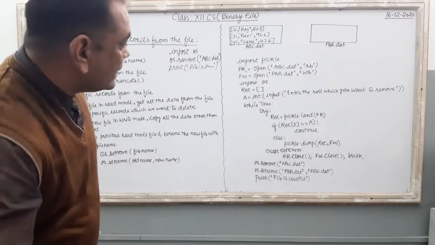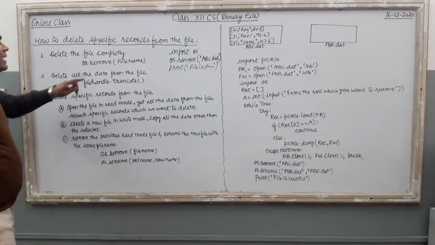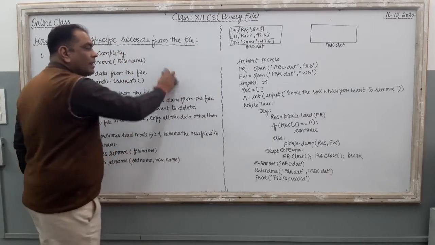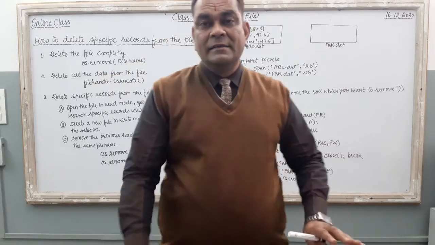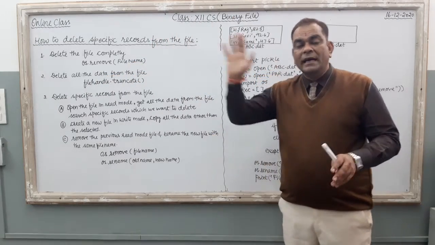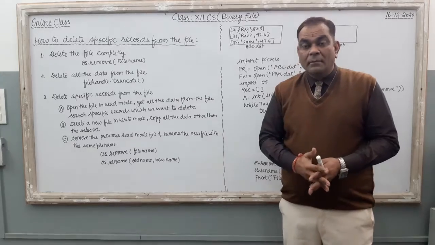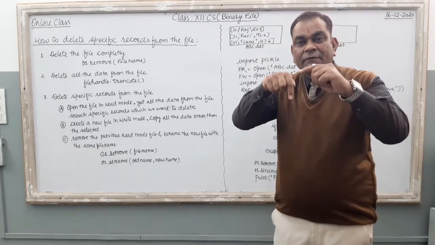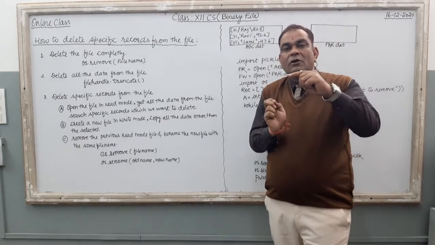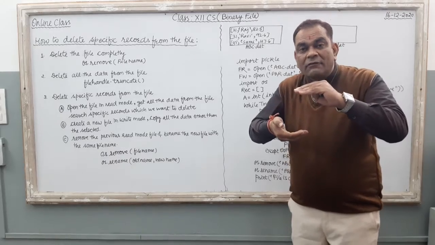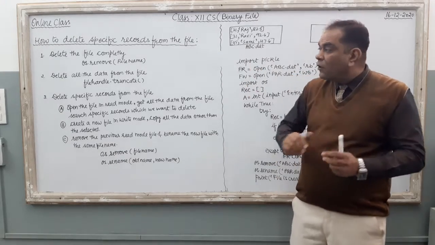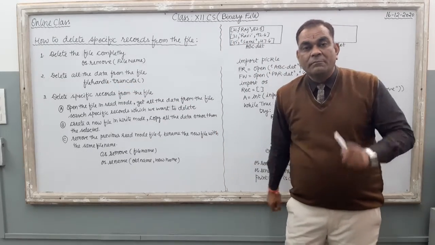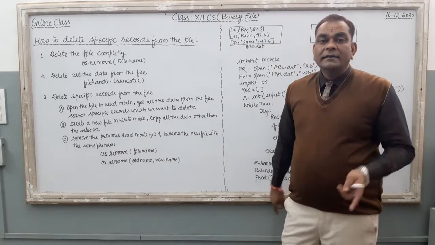The second concept is related to deleting all the data that is inside the file. It means the file remains in your hard disk vacant. An empty file should be there at the end of this operation. Matlab, the abc.dat file is created with 500 records. Now you have to enter the file, remove all these 500 records and convert the file into an empty file. For that, the process is FileHandler.truncate. This is the process by which you can remove all the data that is inside the file.